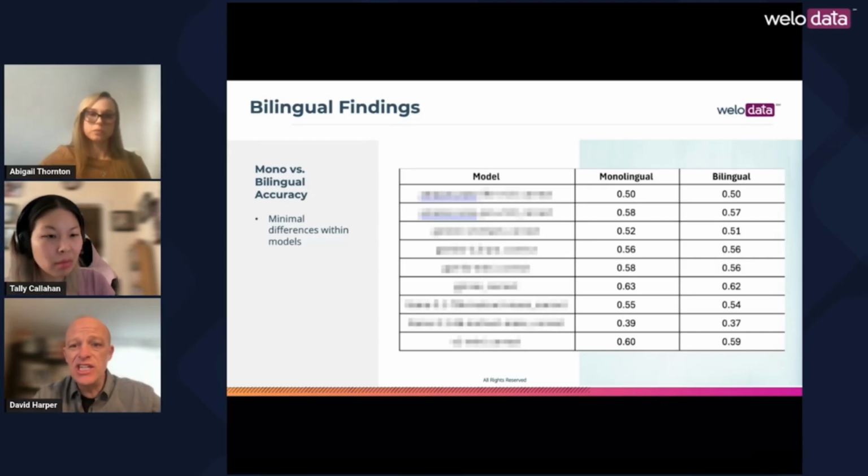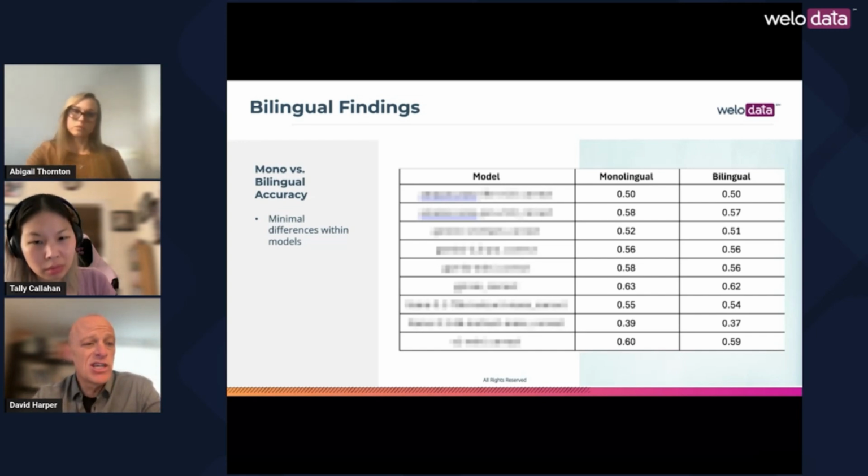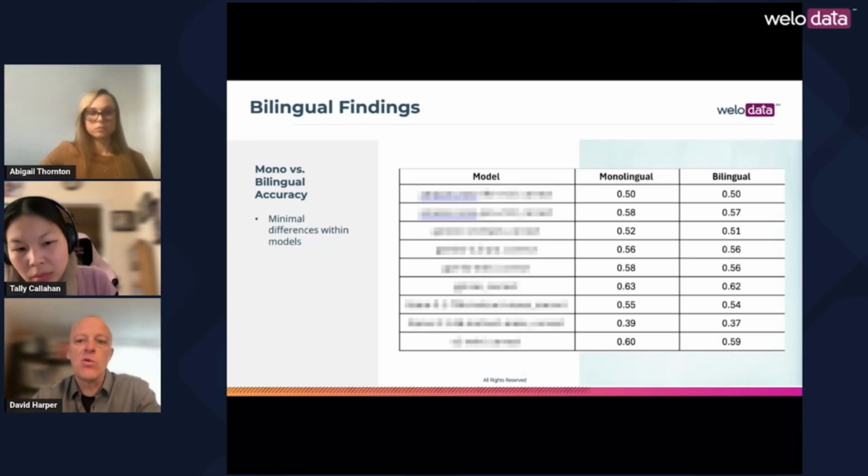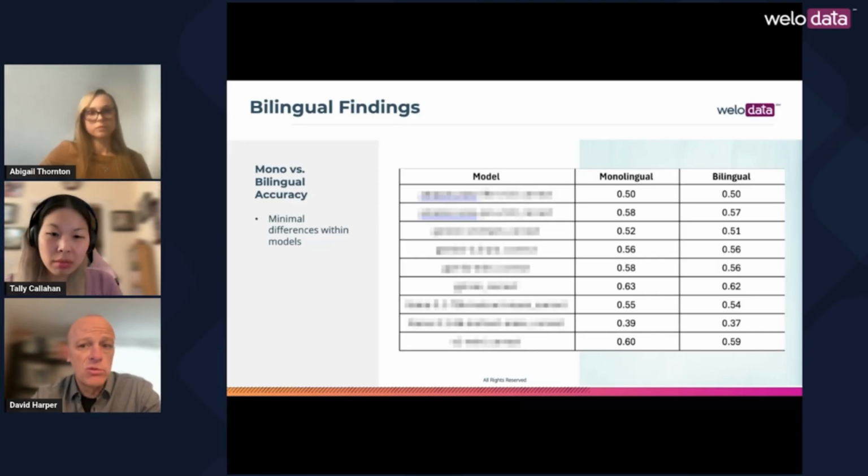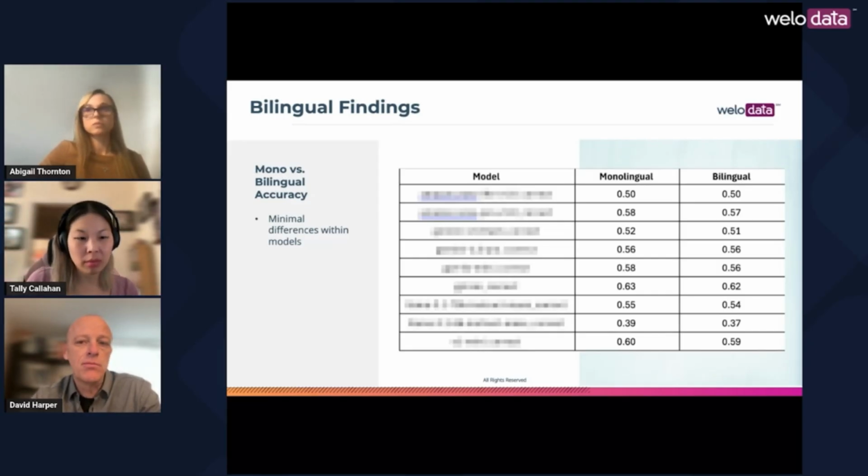What we actually see is, we ran our prompts through 9 different models and analyzed the results. If we look at the aggregated results across all those different question types, we do not see much difference within the 9 individual models that we include here. So the bilingual results generally keep pace with the monolingual results. Our initial hypothesis was that we might see lower levels of performance for the bilingual prompts, but we don't see strong evidence of that here. In fact, we see pretty comparable results for both monolingual and bilingual.